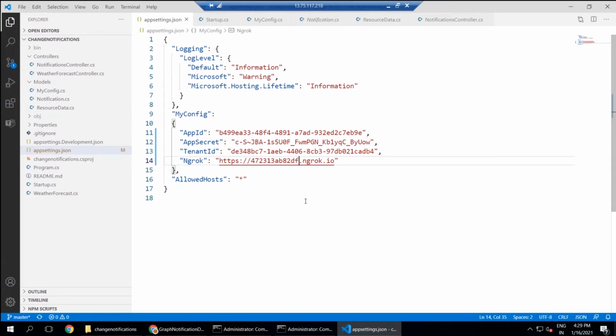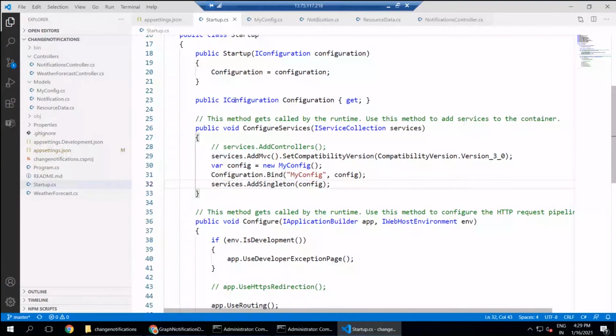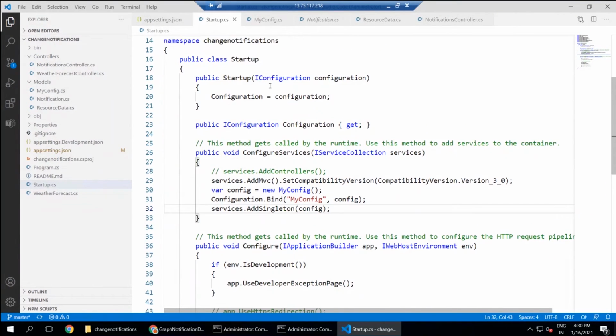So now all this configuration is just inside a simple JSON file, but we should read this from the JSON file and use it in our application. So for that, we have startup.cs, which will be invoked whenever we start our application. It will invoke ConfigureServices, and inside that we are simply reading those values and binding those values